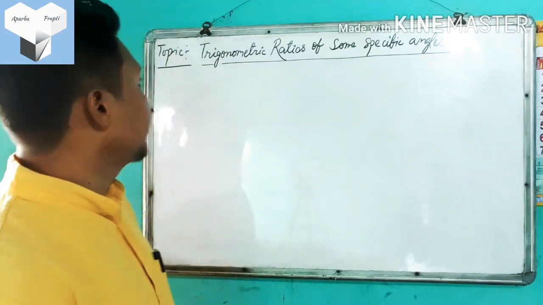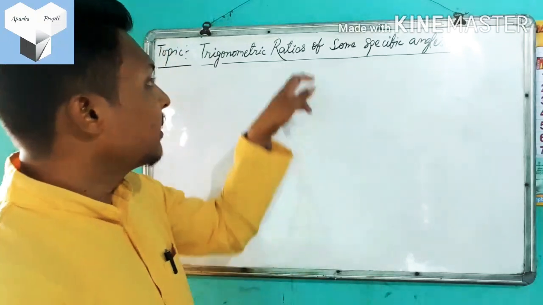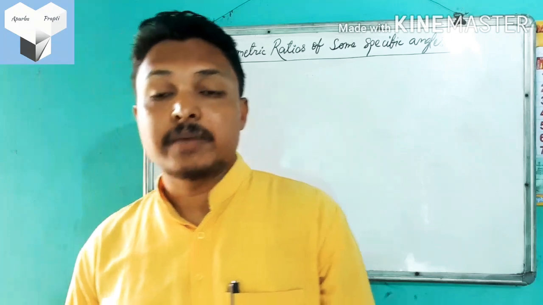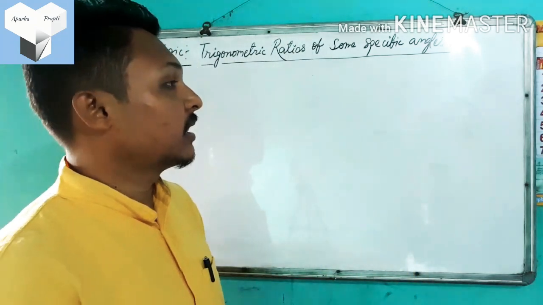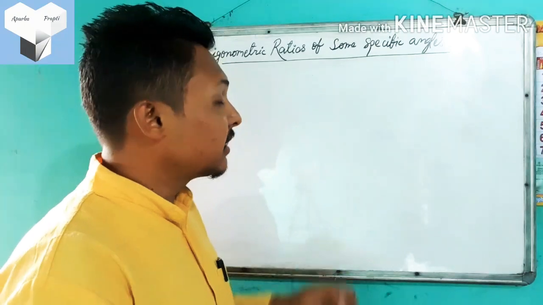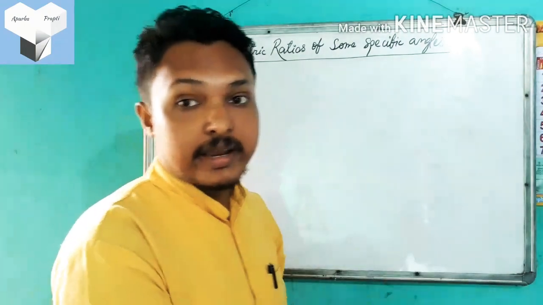So guys, here is the topic: trigonometric ratios of some specific angles. Specific means, guys, angles with which you are familiar at this stage of study. Basically you are familiar with the angles of 30 degree, 45 degree, 60 degree, 90 degree, etc. And you can even construct them very easily. Okay, so here we shall find these ratios, and then later we shall use them in the next chapter, that means in exercise 8.2.